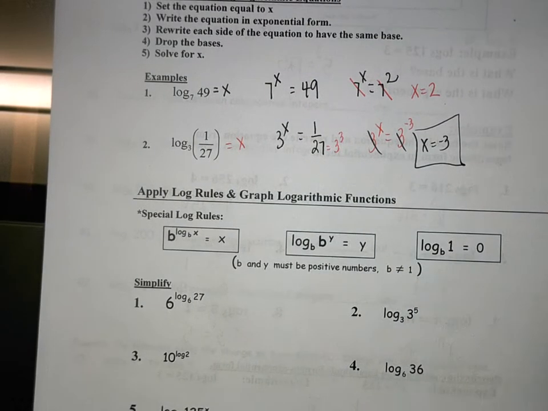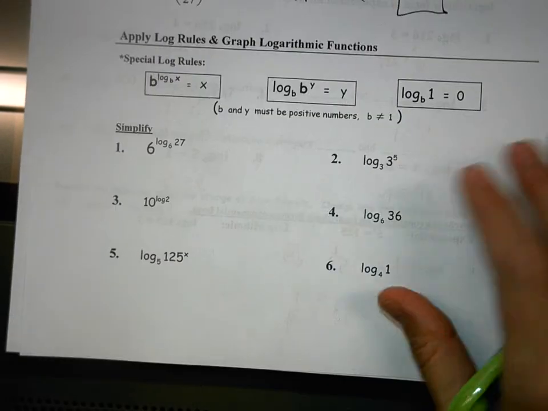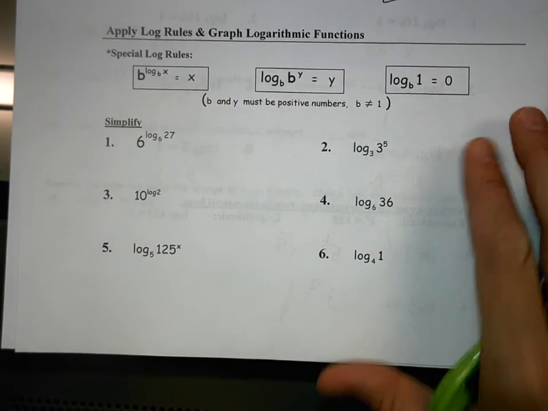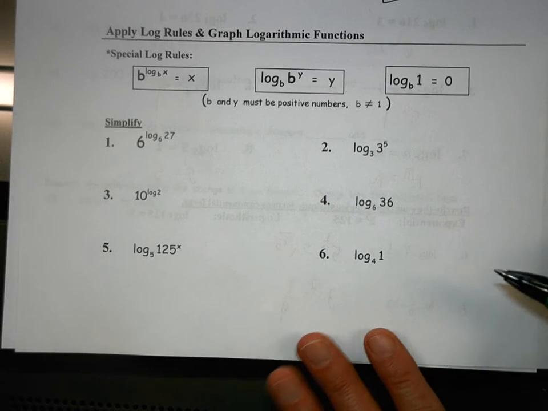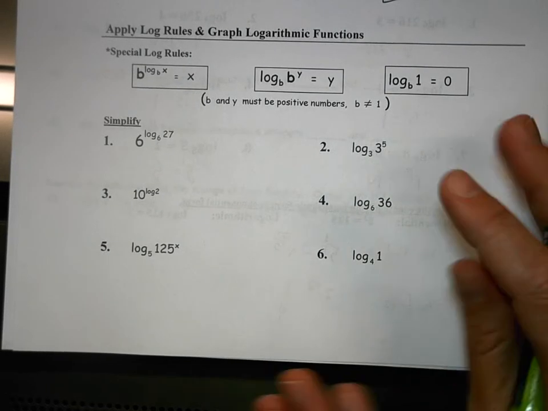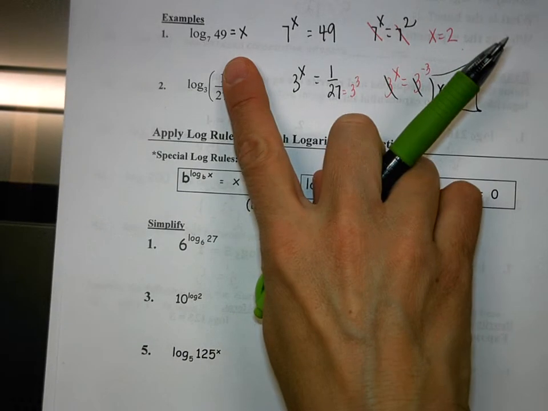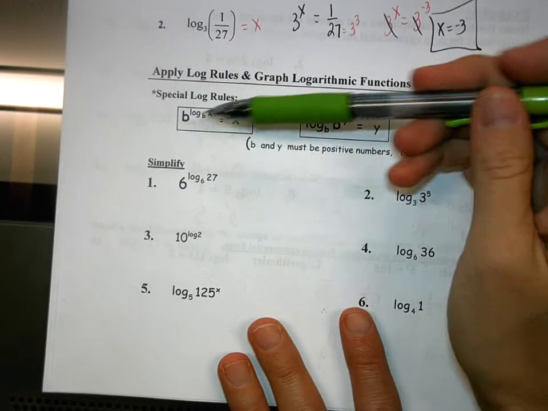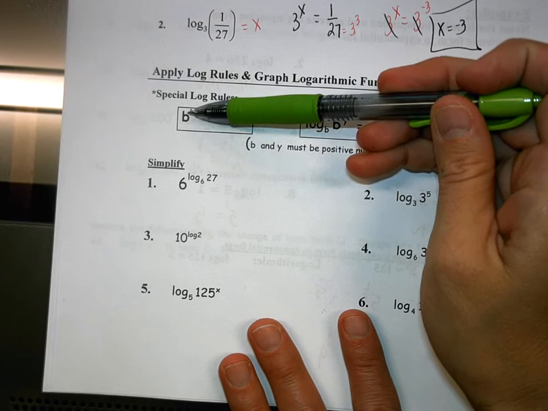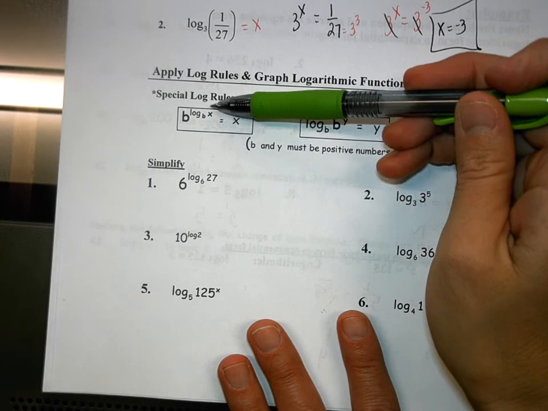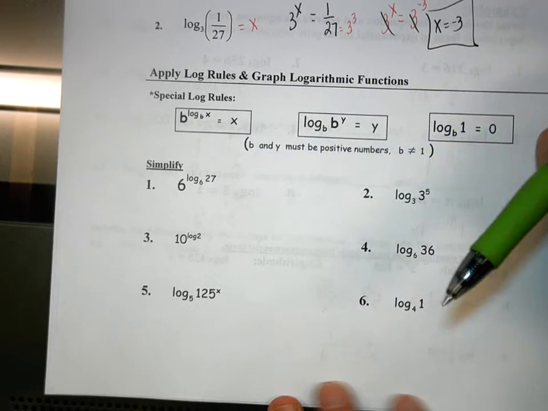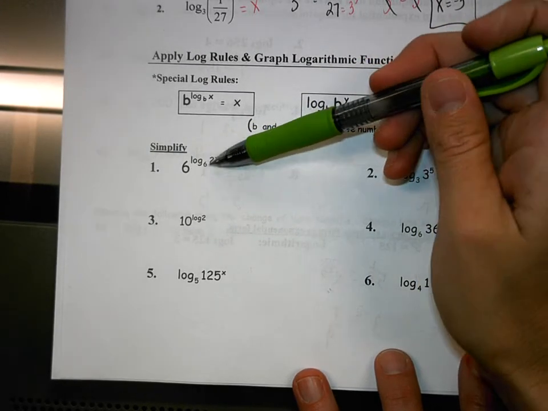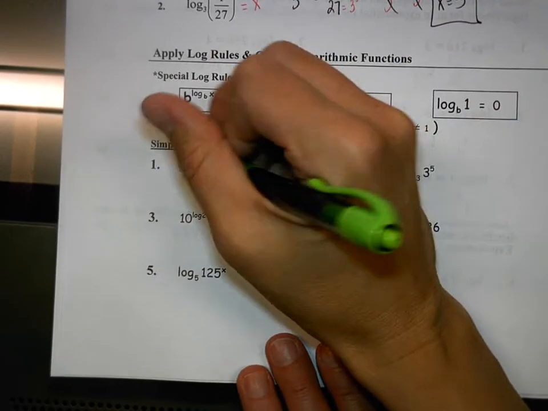Okay, so there are special shortcuts for log equations. Some of the shortcuts you kind of need to know. Some of them you don't have to know because you could always set it equal to x and change to exponential form and solve that way. But one of them is that when you have b to the log base b of x, the answer is just x. So anytime this number and this number match, these cancel out